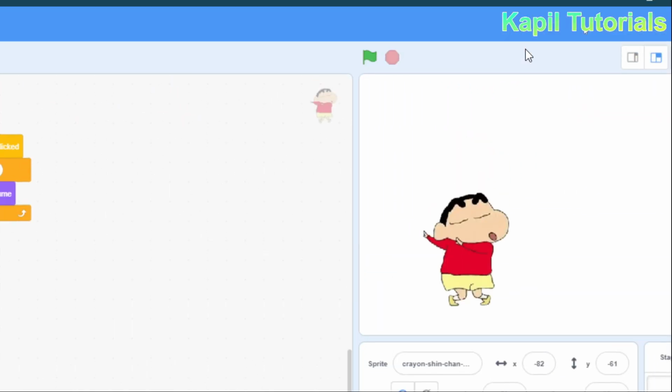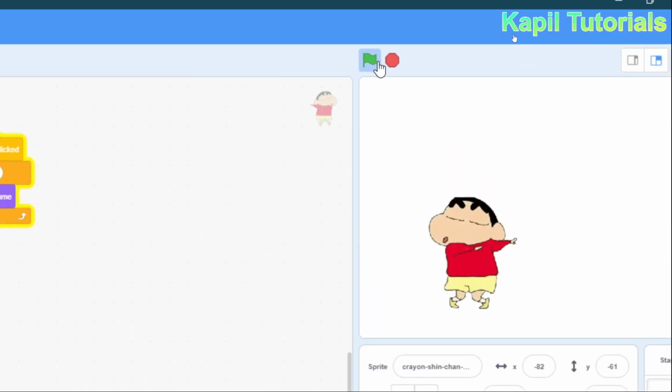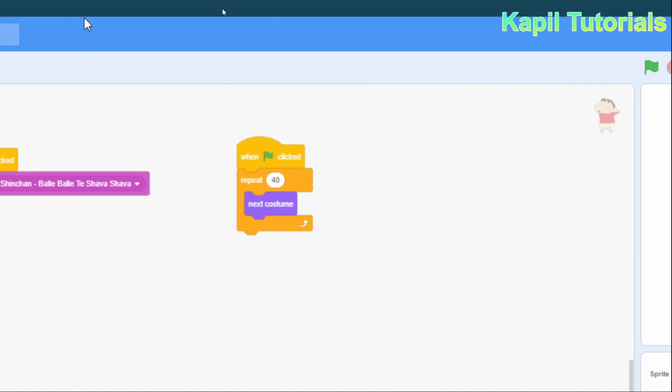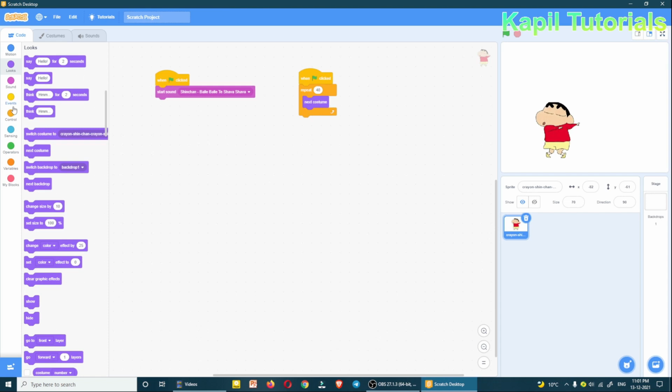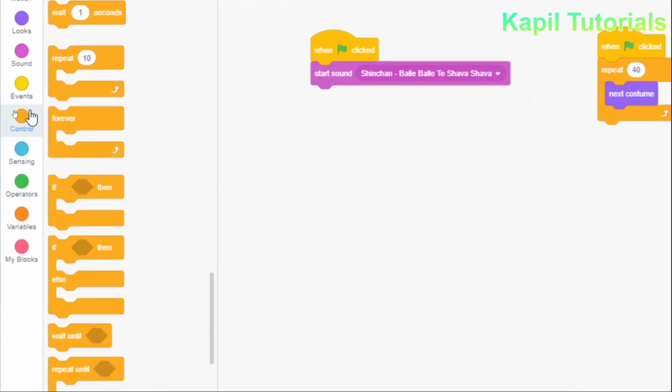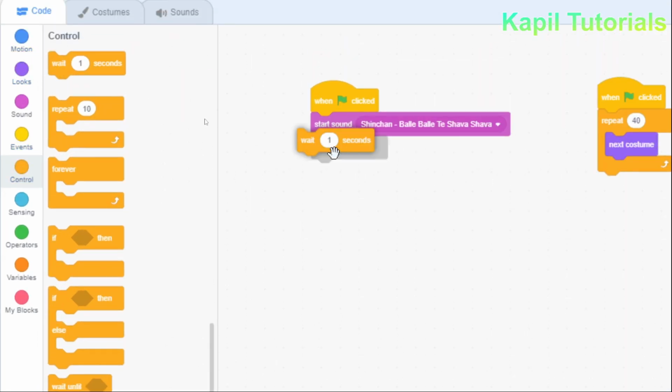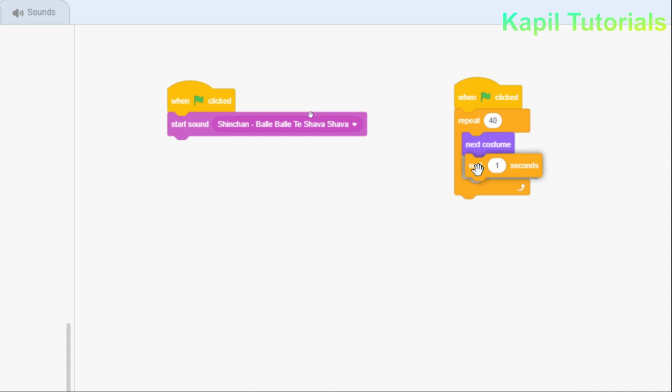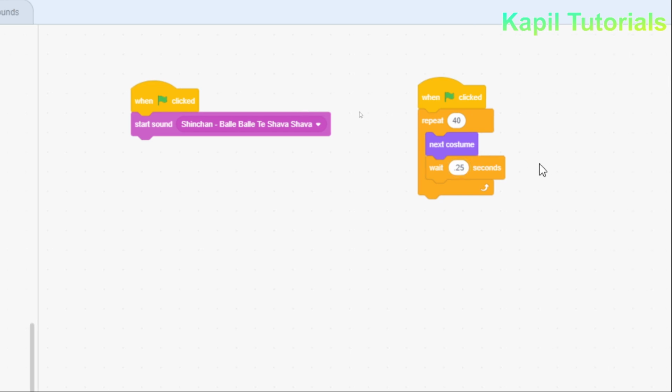With zooming option, I'll show you. So it's not appearing well. I have to use wait command in between. So I can click upon control, and here you could see wait command. I can just drag it here and make it 0.25. Now if I run it,